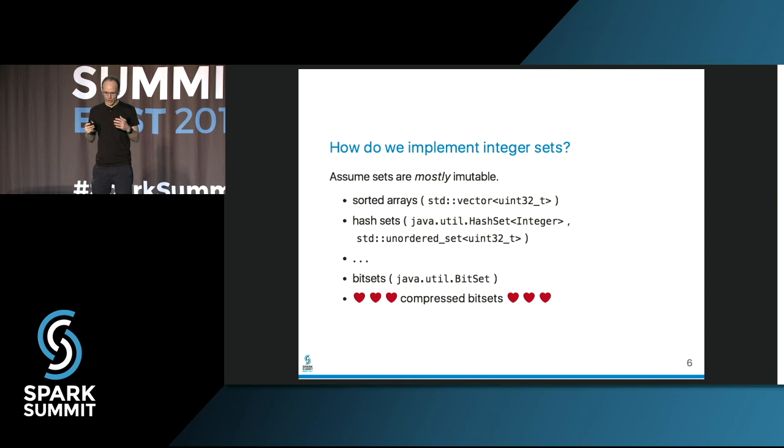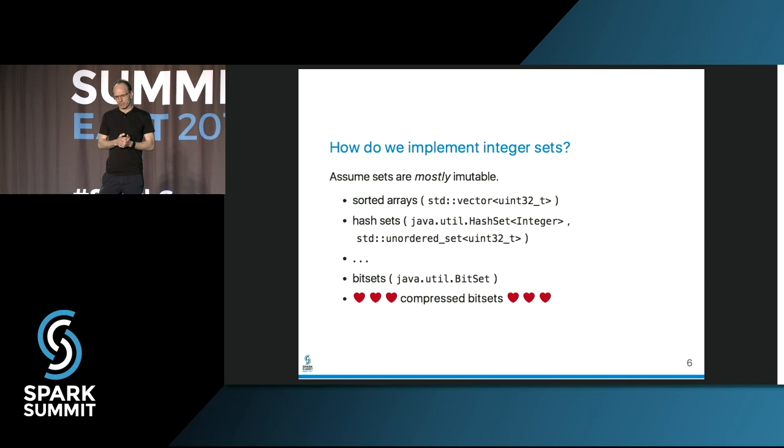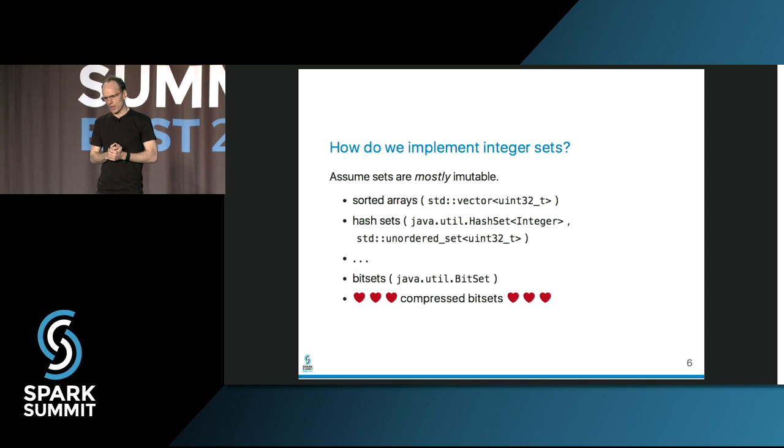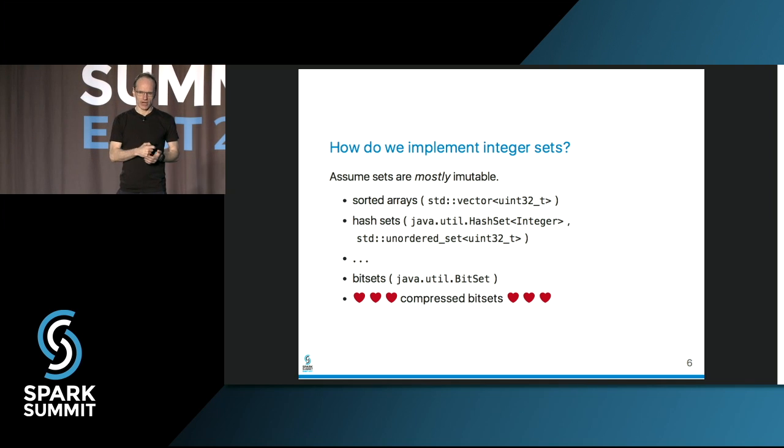So if you look inside your favorite database or search engine and you ask, well, OK, how is it implemented, you'll get different answers. But if you're trying to code things up, you're probably going to use one of the following. You might use a sorted array. For some reason here, I use C++ as an example, even though it's maybe not the most relevant. But so it would be like an std::vector in this case, or of course any language has a way to implement an array. Or it could be a hash set,